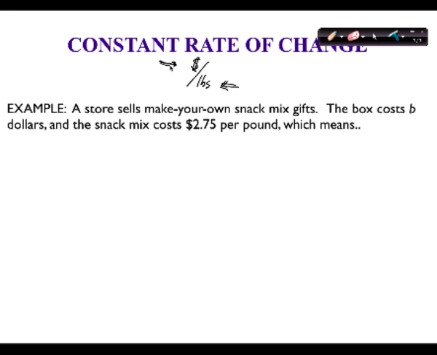Independent variable would be pounds. Right. And dependent is the cost. Right. So for any change in pounds, call it W for weight, the change in cost